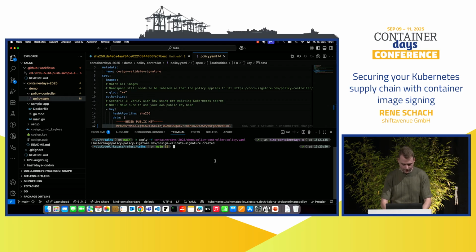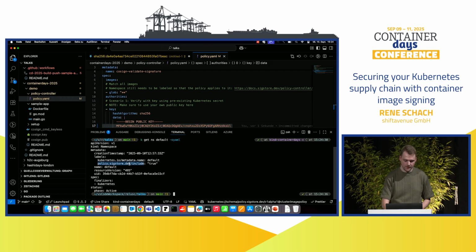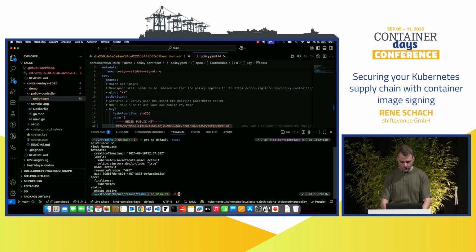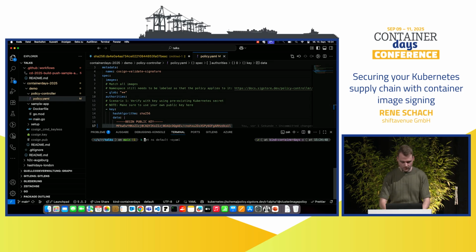So just to verify, I want to apply this policy on my default namespace. So we'll just get the default namespace, YAML output, and there you can see this label. I already did this when setting up this test scenario. Basically setting this value to true, so this policy is getting applied. Now, if I now want to run a test pod and use the image, I don't know, Nginx Alpine,